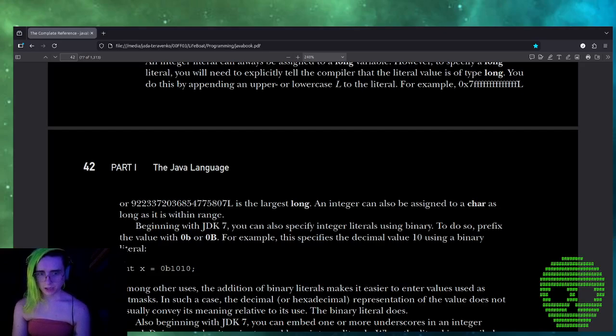Beginning with JDK7, you can also specify integer literals using binary. To do so, prefix the value with 0b or 0 capital B. For example, this specifies the decimal value 10 using a binary literal. int x = 0b1010;